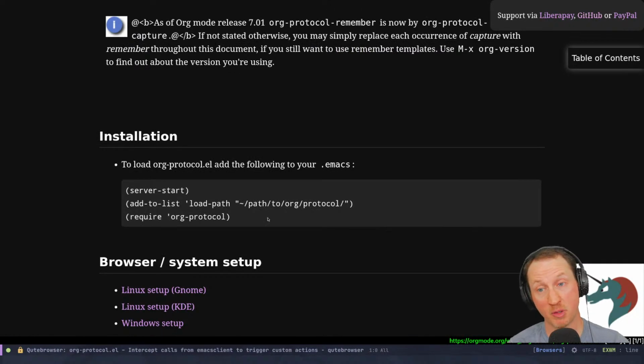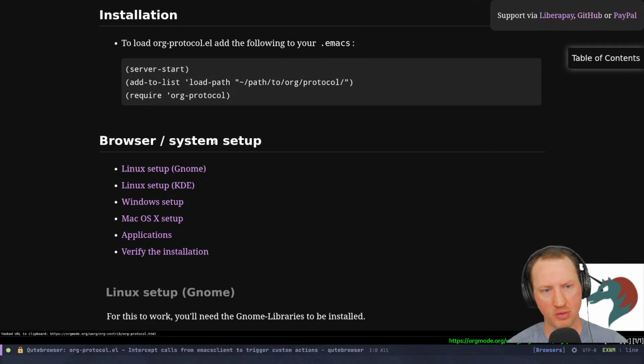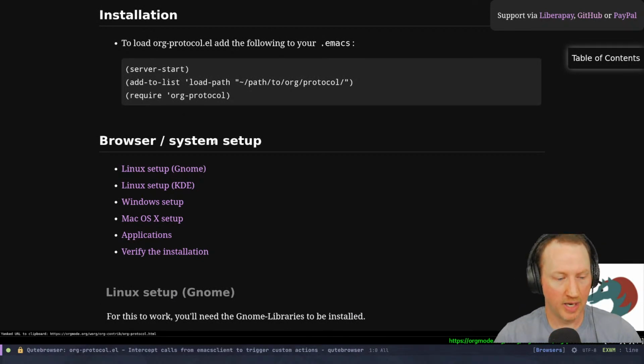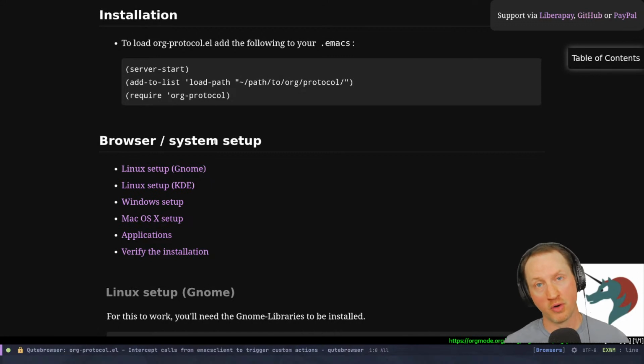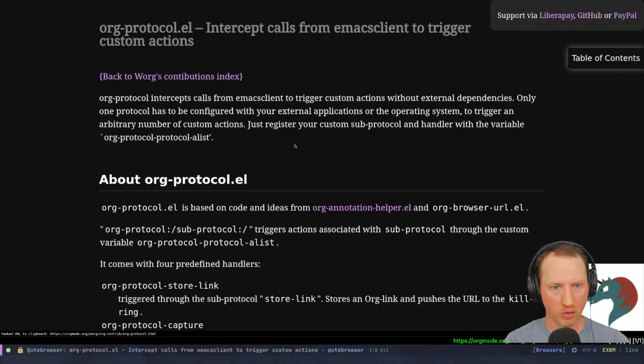And people particularly use it for URLs that you want to save from the browser, because there's a plugin. Yeah, the browser system setup here. There's a plugin you can use in your browser that will call into org protocol for the current page to basically run a capture session, something like that, for the link that you're passing in, so you can capture notes. Also really useful for org-roam. There are some instructions on how to do that in the org-roam manual, but I'll do a video on it at some point, because I think it fits in very well with the org-roam workflow.